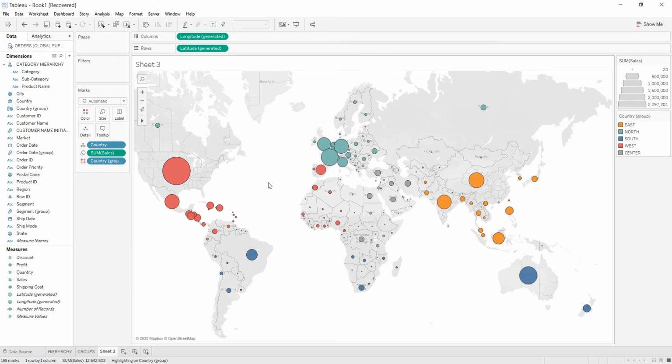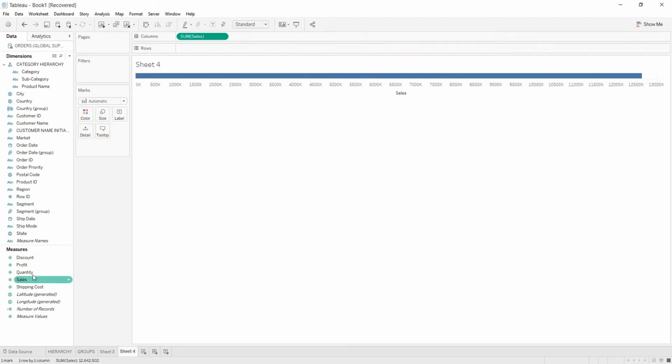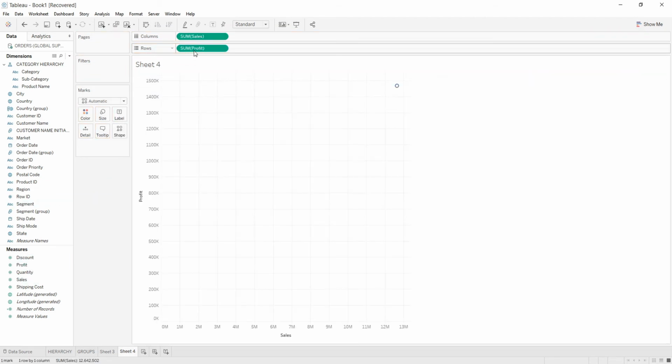And similarly, I am giving you one more example of a visual group. For that, I am going over to the next sheet and I am dragging some sales over to columns and some profit over to rows. And we will be getting this type of a view. Further, I am keeping all my product, that is my product names, over to detail.